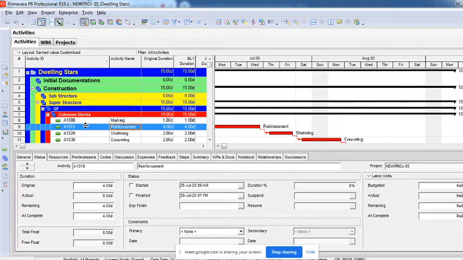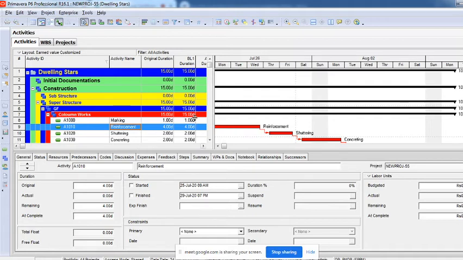So somebody was asking me a question. They have created a project code and they were trying to assign it to the activities. So that does not happen. If you want to create it for activities, you will have to create an activity code and then assign it to the activity. If you are creating it under project codes, then it is for projects, not for activities. So you'll have to assign it to the projects, right?